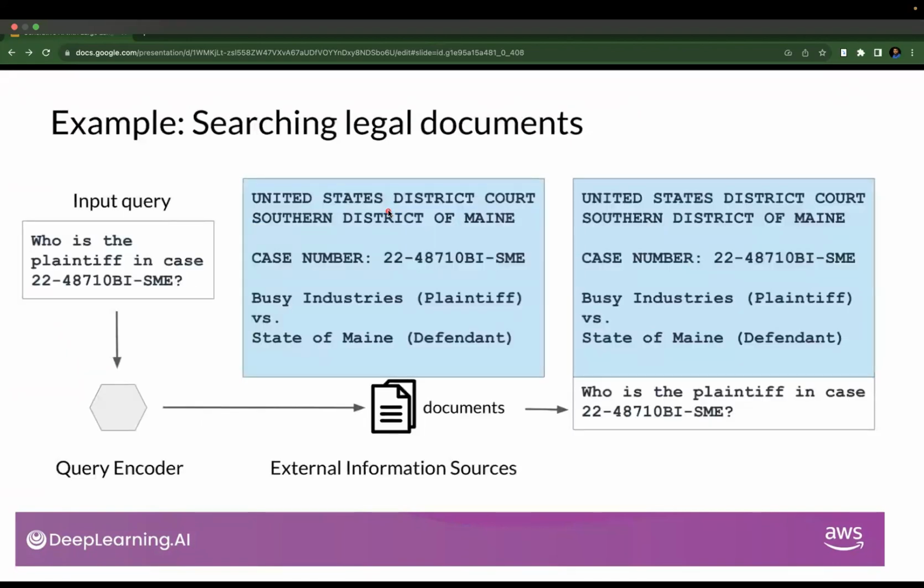For an example, let's say the query encoder receives a query like, who is the plaintiff of this case? A search will be made into the external document or external information store, and let's say this is the matching text which most closely resembles the input query. Now this text, which has been fetched from the external information store, is then passed along with the query to